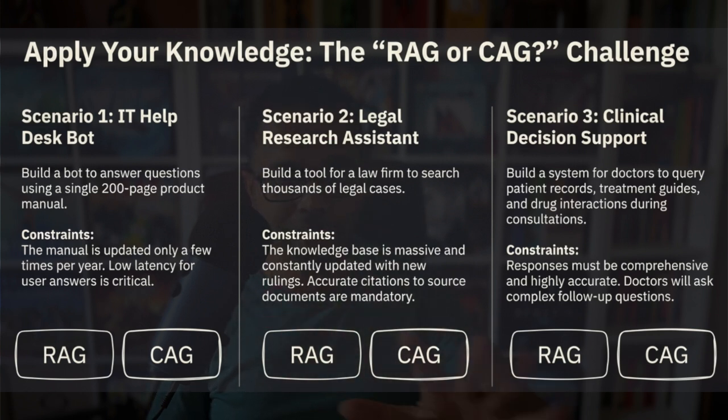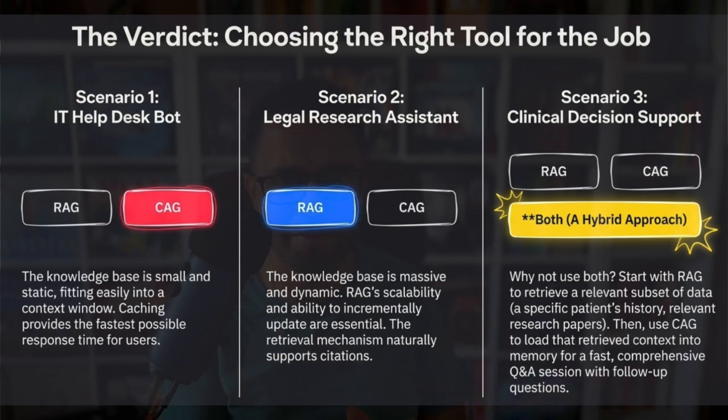Okay, so hoping that you have actually paused the video and tried to come up with the answer, let's look at what is the correct answer. So for scenario 1, obviously CAG is the situation. You just have 200 pages. It can hold up to thousands of pages, so 200 pages is very small. And also you can have multiple PDFs. You don't have to have the entire thing in one PDF. You can have multiple PDFs totaling up to like 1,000 pages or 2,000 pages or something. For some LLMs, it's close to 3,000 pages.